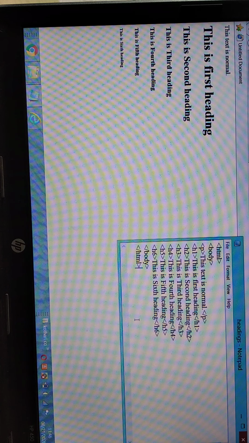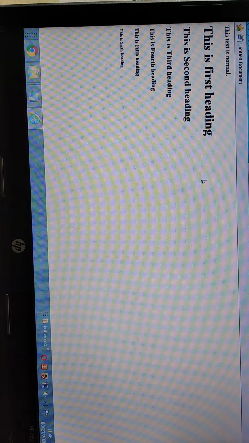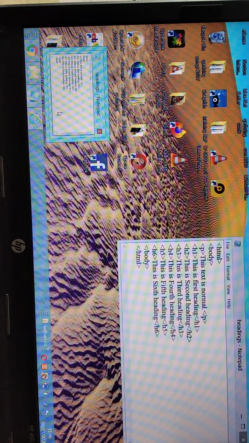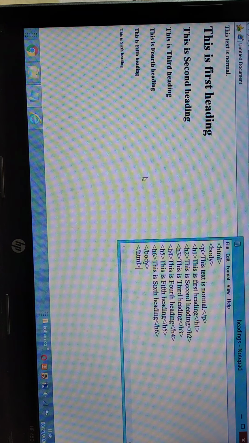So this is very important for presenting the output on the output screen. You can look at the output screen, it is appearing very greatly with a great effect.